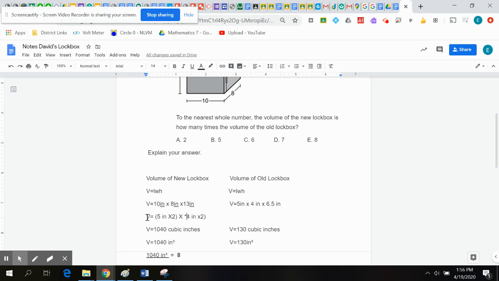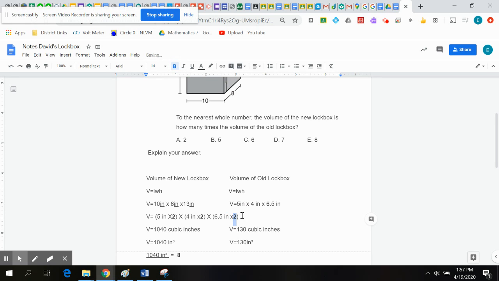And do you agree that the height would be the original dimensions times 2? So really, you didn't even have to do all this math. If you just knew this part right here, that the length was doubled and the width was doubled and the height was doubled,